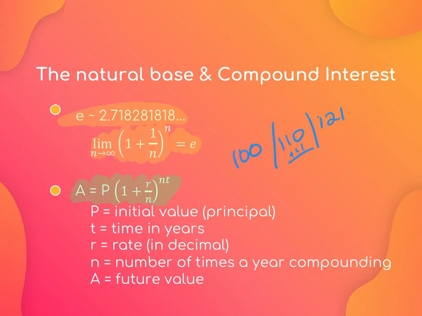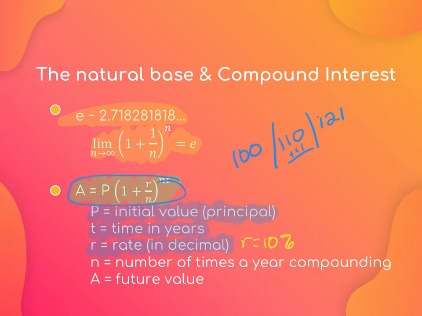The way we do that, and I don't expect you to do that every time, especially daily or weekly, is you use this formula. The P stands for the money you initially put into it. If I start with $100, then P is 100. T is the time in years. If I'm trying to figure out how much money I'm going to have at the end of 5 years, then T is 5. 10 years, T is 10. R is the rate of interest, and it has to be in decimal form. It's usually given to you in percent. So if I say 10% is my rate,